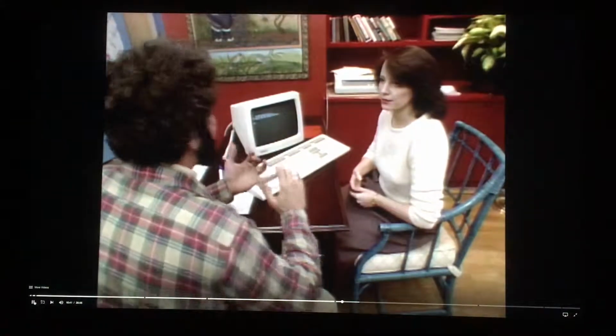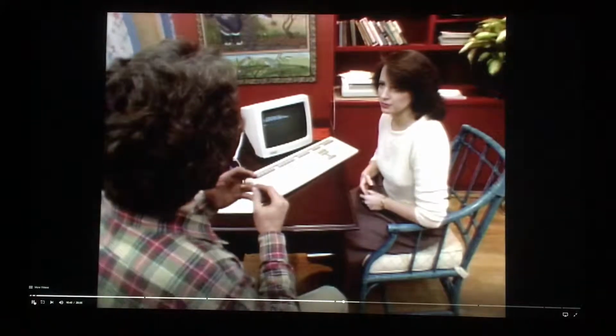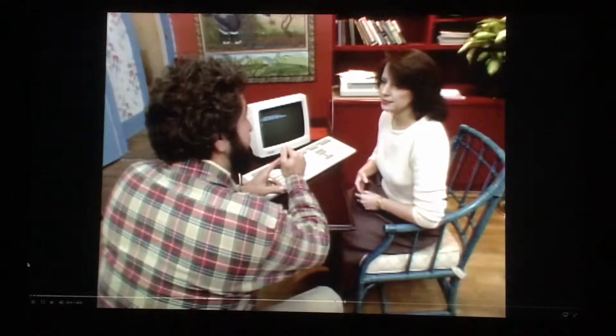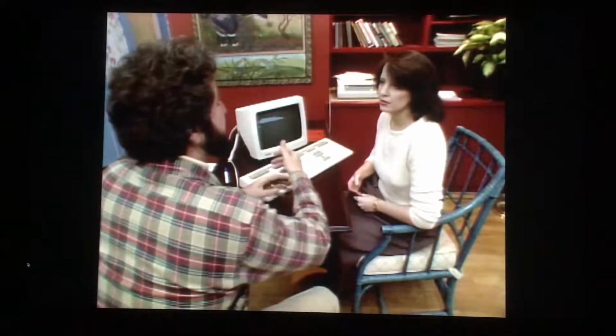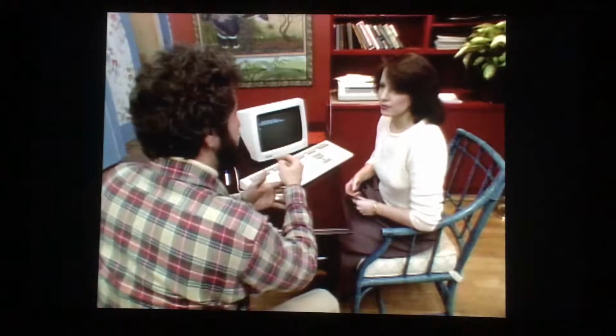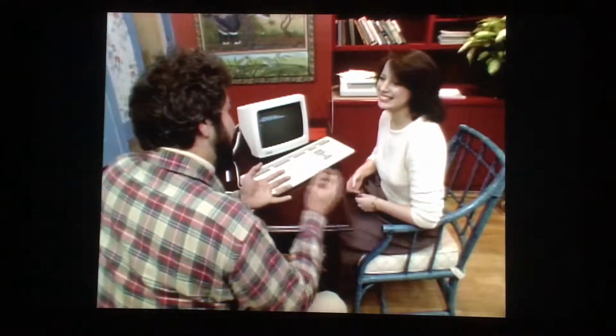Well, I need something that will compose letters, write letters for us. I need something that will provide me with, say, a list of every guest I've ever had on every show in the past. And if I get a question from somebody as to who was the lady that brought the ceramic tiles, I want to be able to retrieve that information. I'd also like to be able to have a little bit of control on the budget, or at least keep track of the budget,